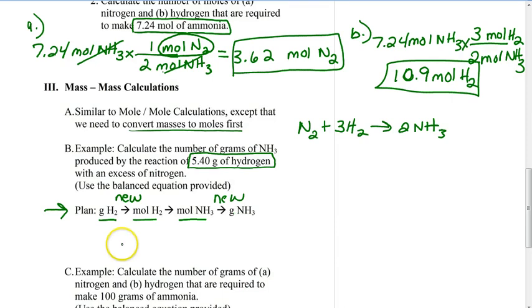So let's go ahead and write it out. I'm going to write down my given, 5.40 grams of hydrogen. This is the amount of hydrogen that I have in the lab. Okay? And based on my recipe, think about in the end, I want to know the number of grams of ammonia that I'm going to make. So let's say I need to make a certain mass of ammonia for something. This is why I'm calculating it. This is why stoichiometry is so important. So I'm going to put grams of hydrogen on the bottom, and I'm going to go from gram to mole